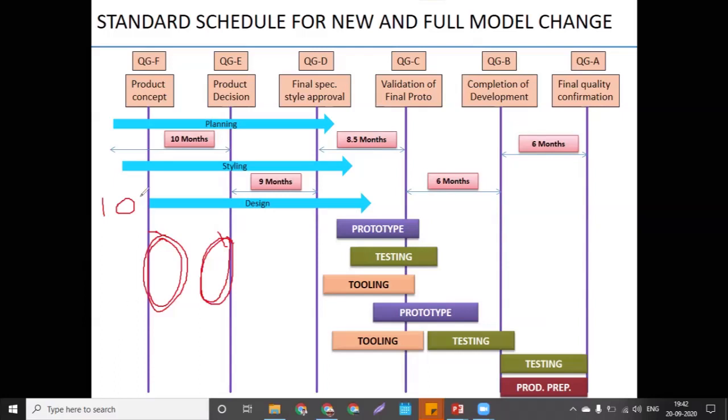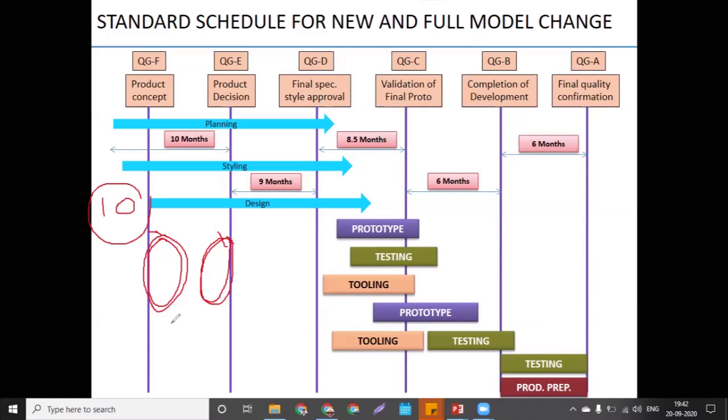Suppose there are 10 deliverables, and you have done all 10 of 10, but the work quality is bad. And sometimes what will happen, you have done 8 items out of 10, and whatever 8 you have done is perfect, but you are still pending with the 2 quantity. So that is nothing but the quality and the completeness.